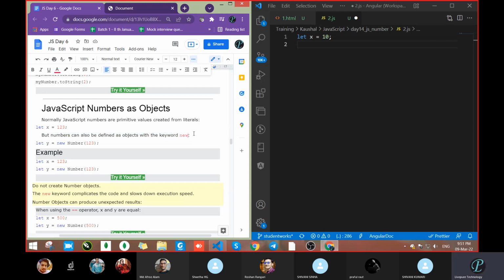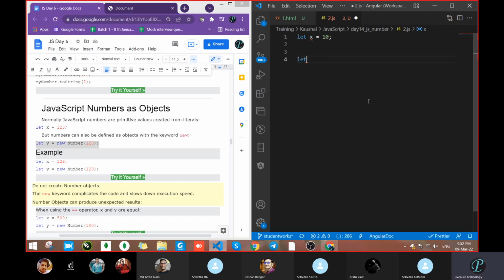Got it? Object creation: those who have studied Java, Python, those languages, constructors are there. So with the help of a constructor, we can create a new instance. We can use that for creation purposes. Same thing we had discussed in the case of a string, that we never create the instance or the object. Mostly we are just telling object creation itself. So don't be confused by this, let x equal to this object. Don't be confused.